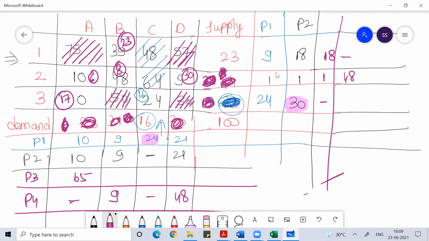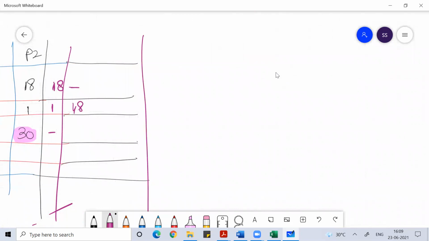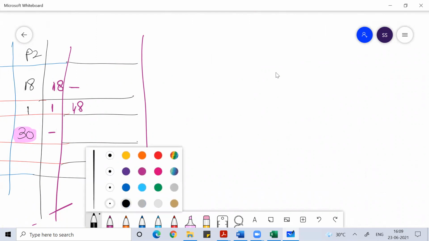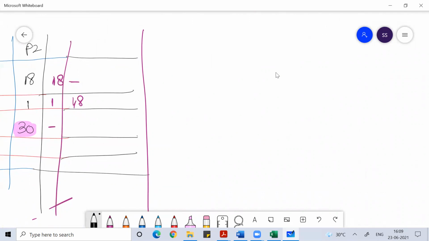Once your allocation is done, let me just write down the elements, guys. Then I'll see the test of optimality. Okay, wait. Let's not do the original elements. Let's do the value elements you get, not the original elements. Original will bring it down at the last. So if I write down the elements here,